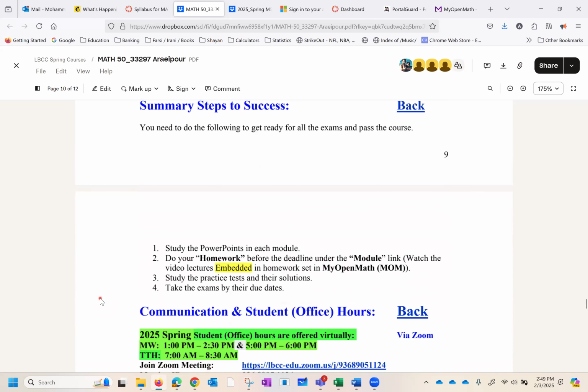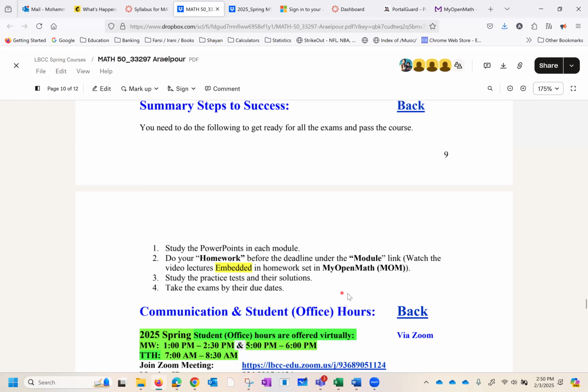Summary of steps to success, I think it's interesting to know. Basically, study the PowerPoints in each module. Do your homework before the deadline under the module. Watch the video lectures embedded in the homework set in MyOpenMath. They do have video lectures, and they may be enough, in addition to mine.